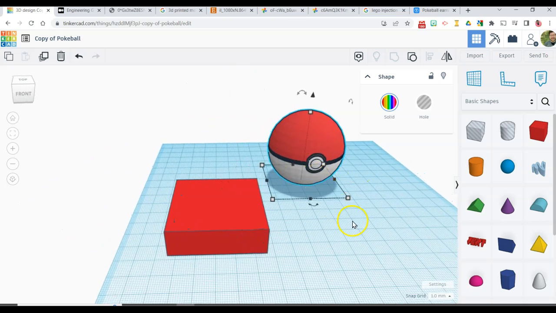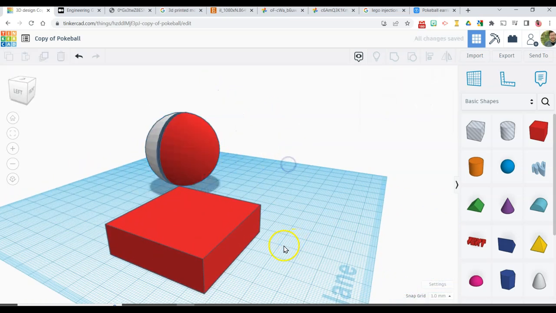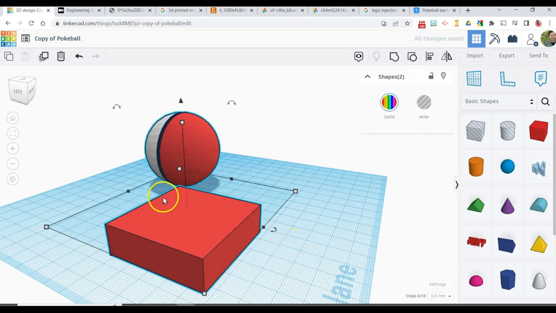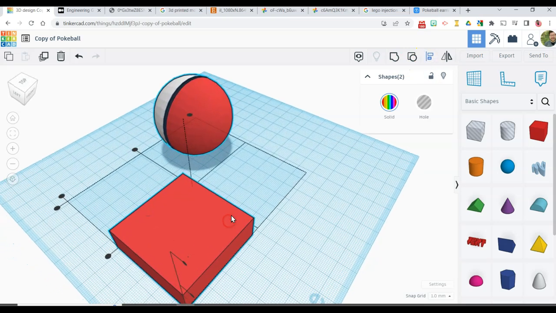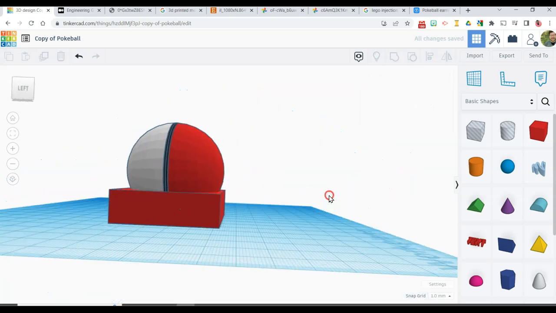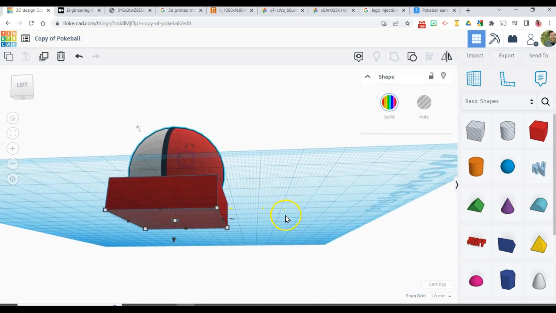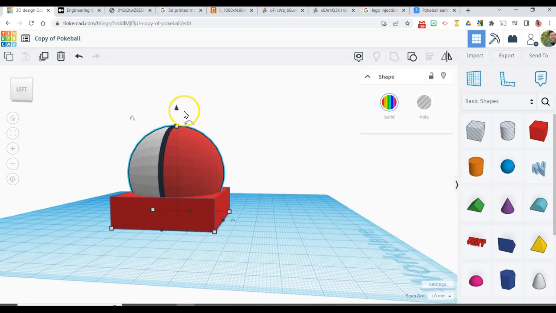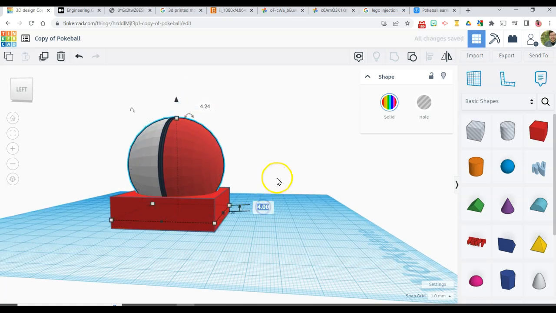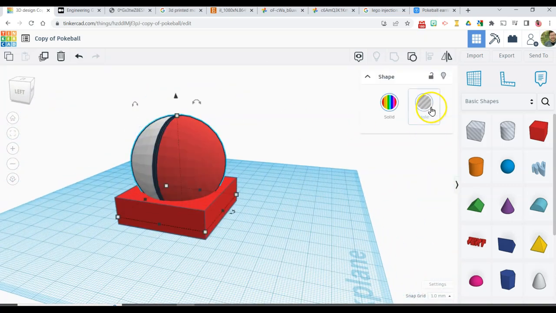So I have my Pokeball, and I'm going to rotate it by 90 degrees. Then I'm going to select both the ball and the block, click on align. Let me align the center and the center. Okay, and I can see if I look under it, the Pokeball is sticking out a bit. I don't want that, so I'm going to move it up about 4 millimeters. Okay, now I'm going to click on the Pokeball, I'm going to click on hole,